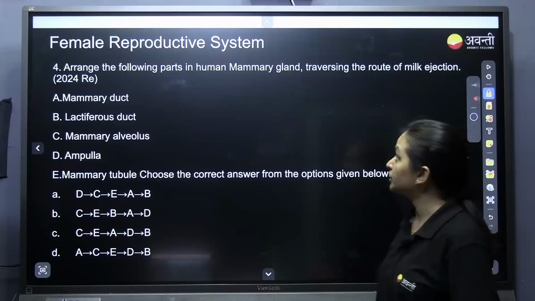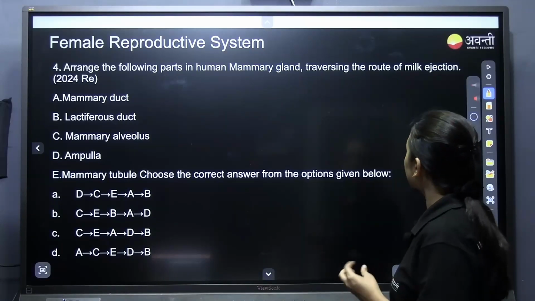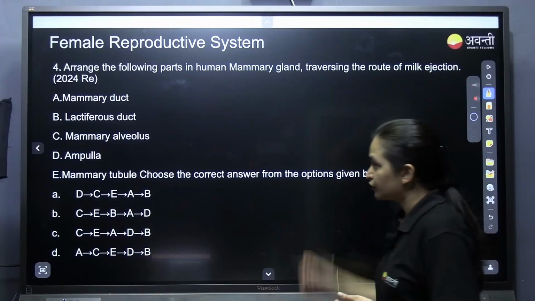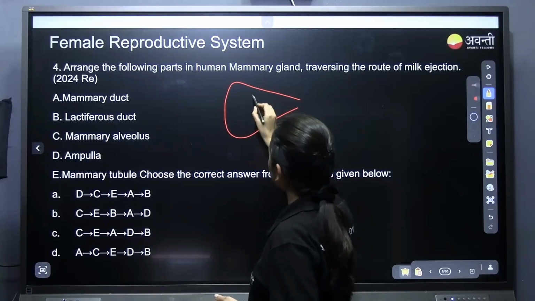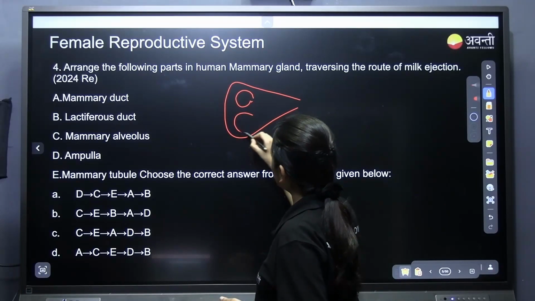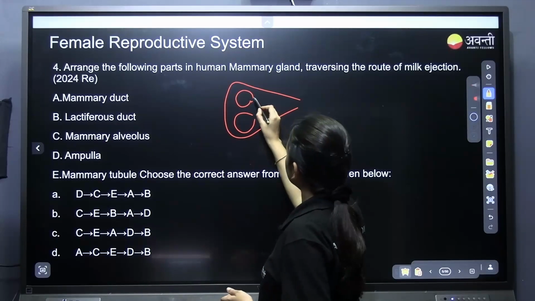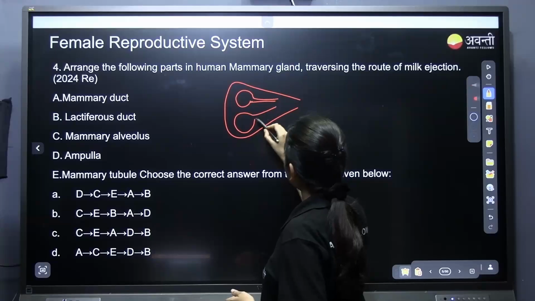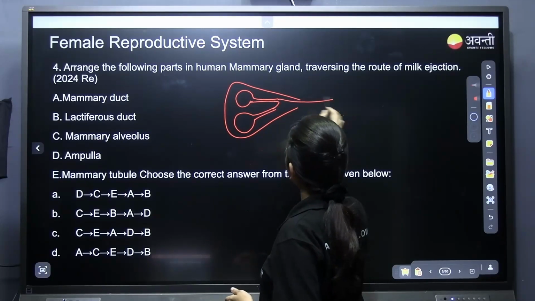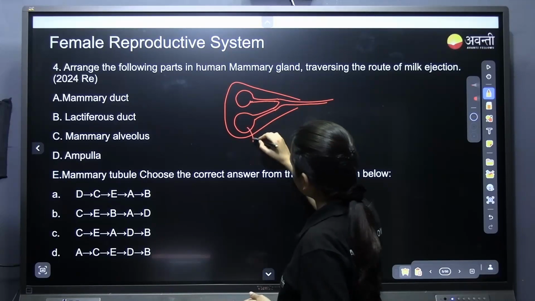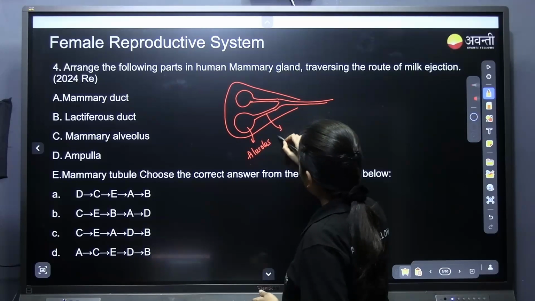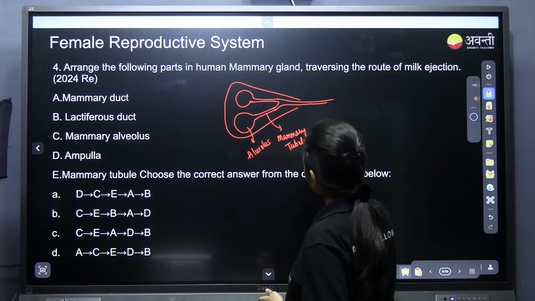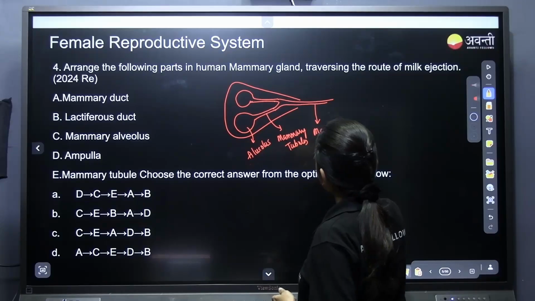Arrange the following parts in human mammary gland traversing the route of milk ejection. First, the lobules will be there, in that alveoli will be there, isn't it? The alveoli give rise to tubules and 2 to 3 tubules merge and form, this is alveolus. These are mammary tubules. This is mammary duct